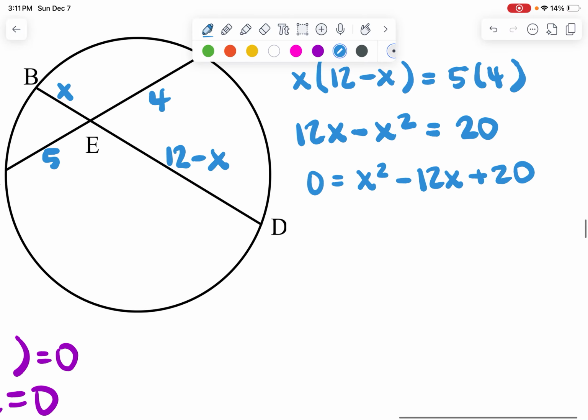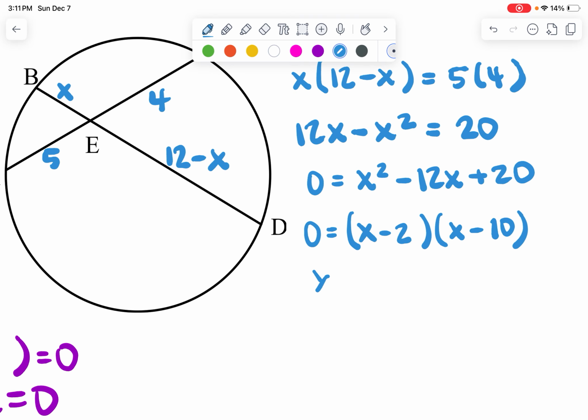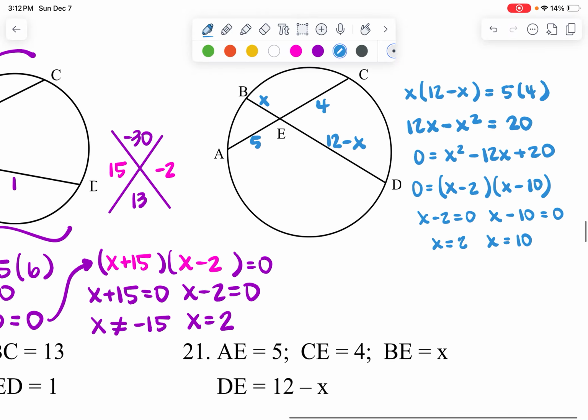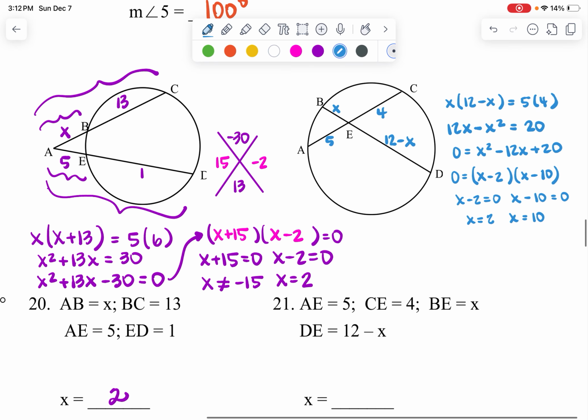Coolio. So now I'm just looking for the two factors that multiply to give me 20, but add to give me negative 12, and that is going to be negative 2 and negative 10. So that when I set, whoopsies, when I set these equal to each other, I'm going to get x equals 2 and x equals 10. Now, you could technically, does either answer work when I plug it in? Yes. I'm going to be very specific though, because it's fairly obvious in my picture that